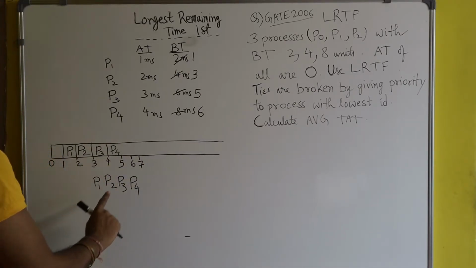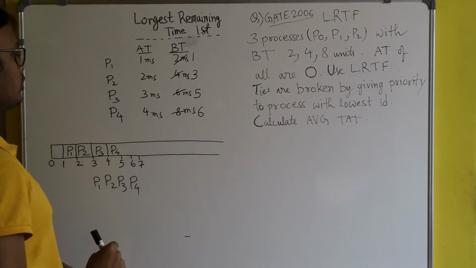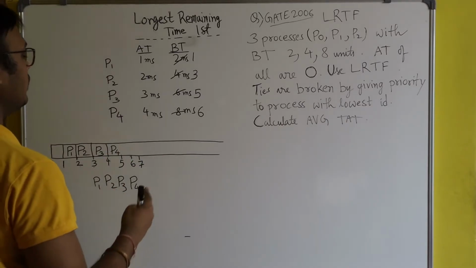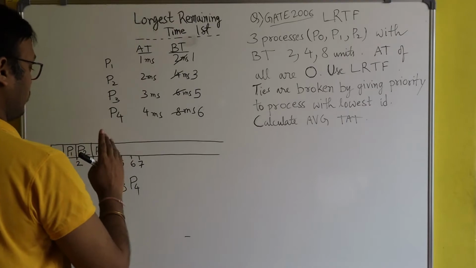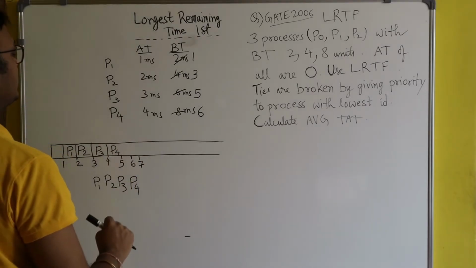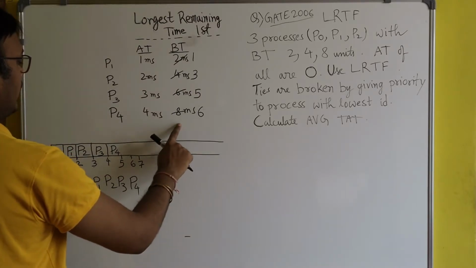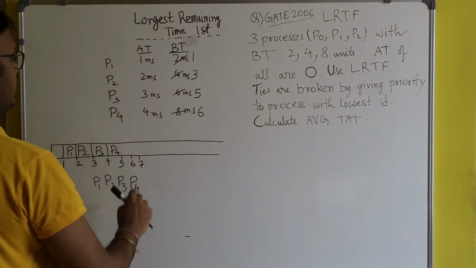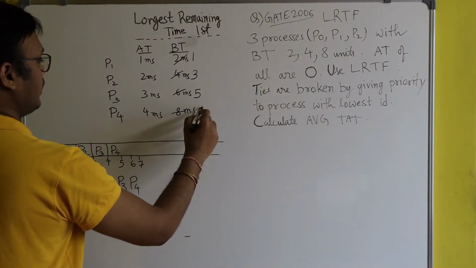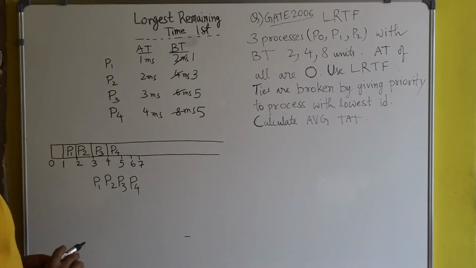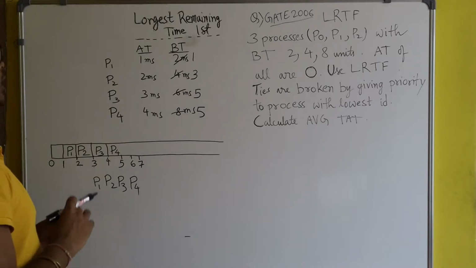So you see from 4 to 7 process P4 has run for 3 milliseconds. It means what? Here 8 minus 3, 5. Here 5 milliseconds are left for process P4. Okay. Now you see